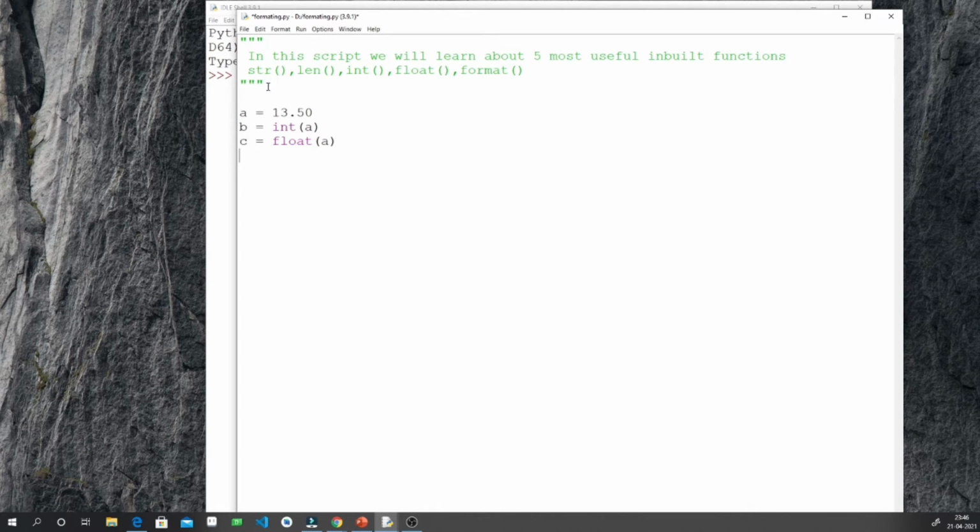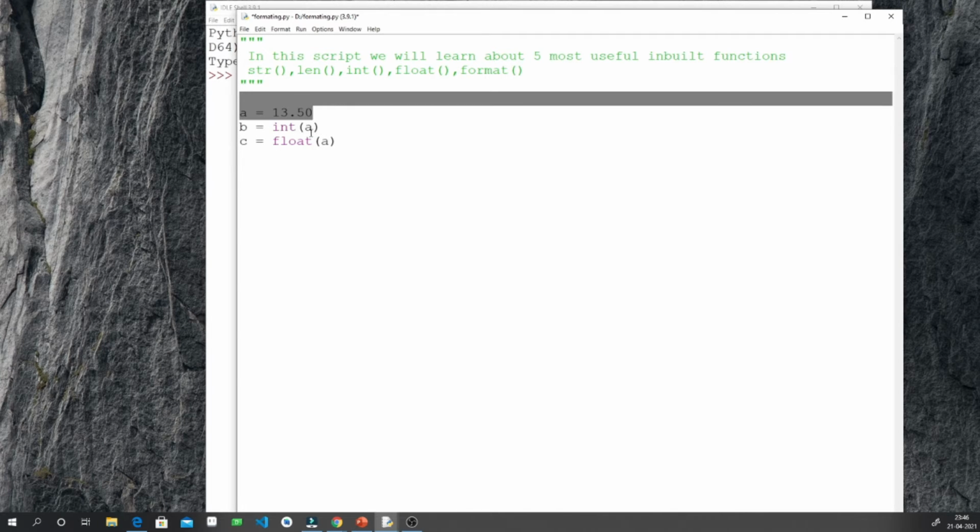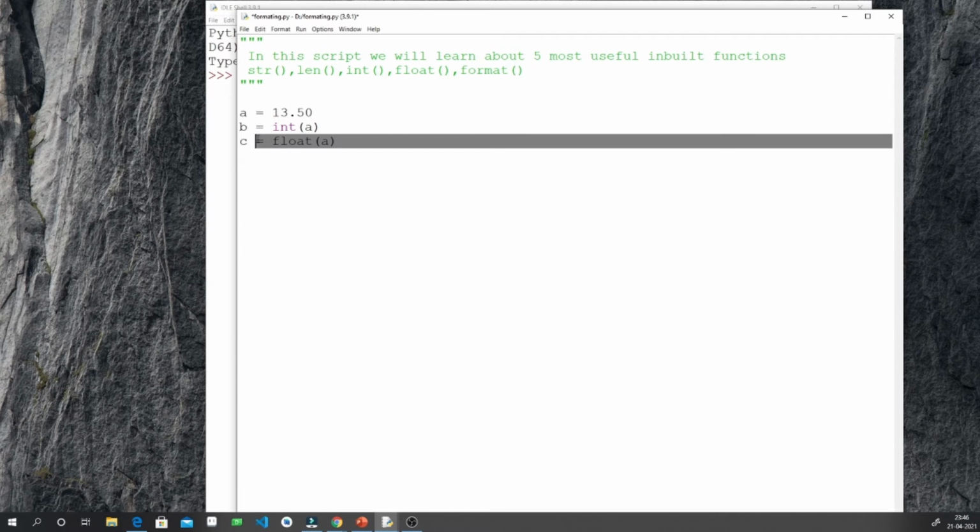So C and A should be equal, as A is also a floating point number and C is also the same number. So conversion should give the same result in both of these cases.